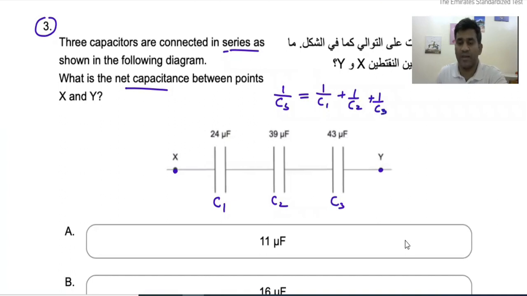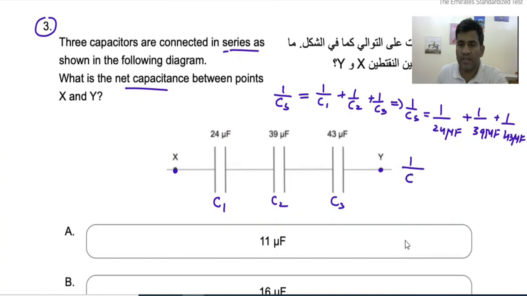This is the formula when the capacitors are connected in series. So what will be this? You just need to substitute their values. So 1 by Cs, whatever the value you are getting, 1 divided by the value of the first capacitor: 1 by 24 microfarad plus 1 by 39 microfarad plus 1 by 43 microfarad. If you insert the values as it is in the calculator, you'll be getting 1 by Cs equals to